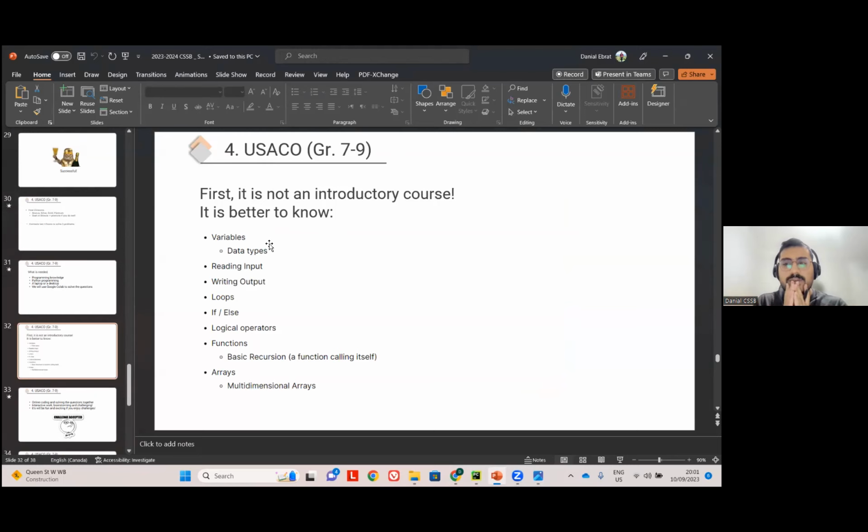If the student knows about variables, reading inputs and outputs, loops, if and else conditions, and arrays, not necessarily functions, then that's going to be perfectly fine for the introductory level, and they can start USACO. But if they don't, it's better for them to first start the Python class, and maybe simultaneously they can start with USACO.